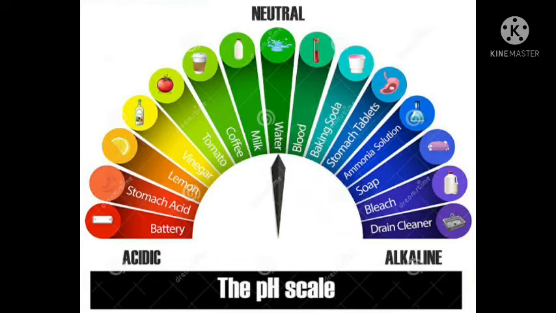Good morning class. We have already discussed the pH scale, which was developed by L. Sorensen in the year 1909. Here you can see that the pH scale starts with acidic solution, neutral solution, and alkaline, that means basic solution. Children, the pH range lies from 0 to 14. 0 to 7 are acidic solutions, 7 is a neutral one, and pH lying between 7 to 14 are the alkaline or basic solutions.